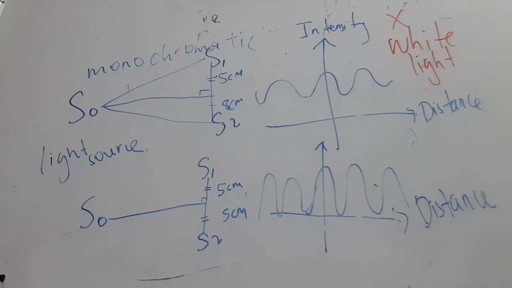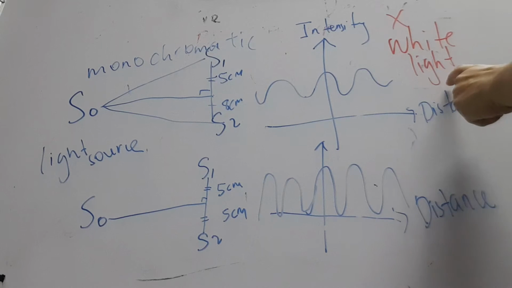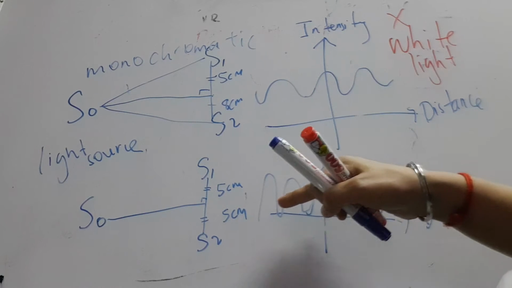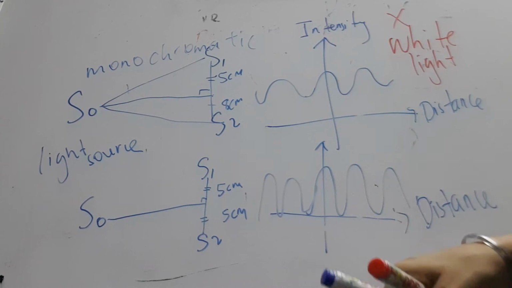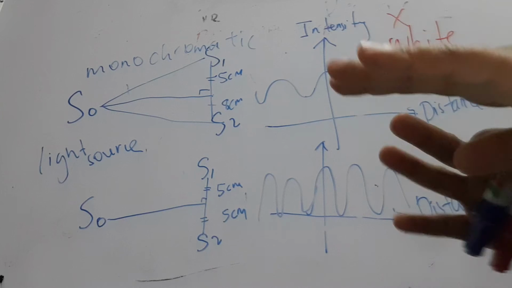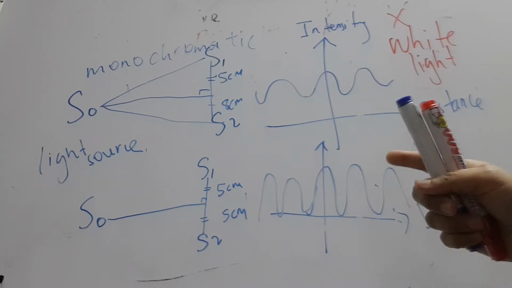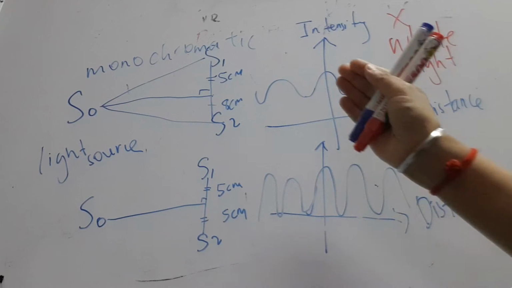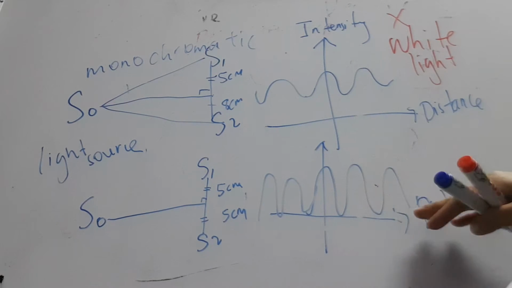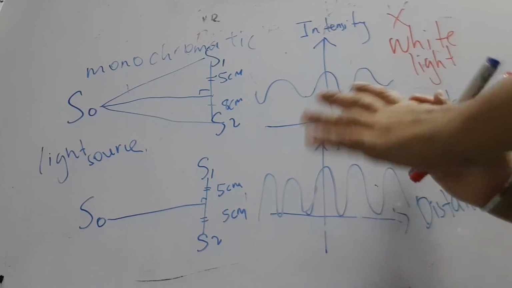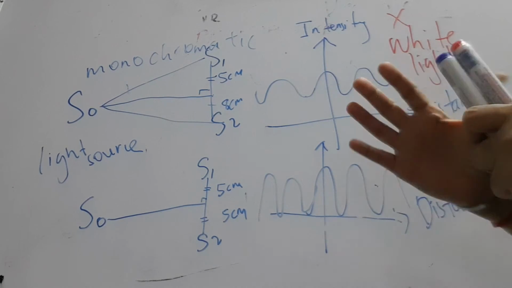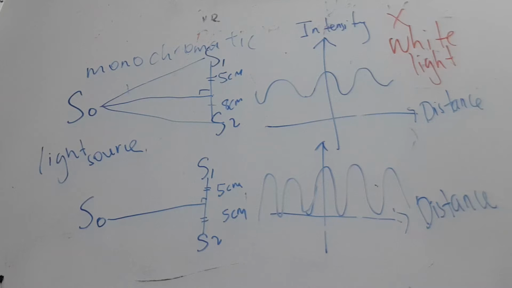Why can white light not be used? Because white light contains many multicolored lights inside that have different wavelengths. So there are many wavelengths in white light. When you create the fringes, your destructive interference and constructive interference will overlap. When they overlap, you will not be able to see the bright fringes and dark fringes uniformly. The intensity also will not be the same, because in some parts it will be more and in some less, so the interference pattern will not be formed properly.